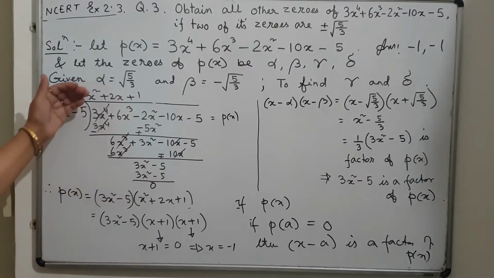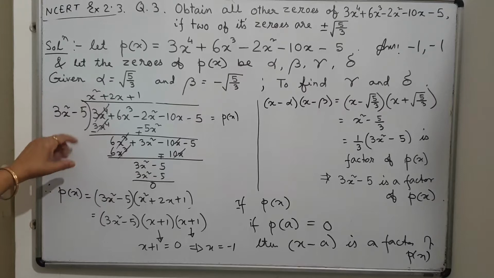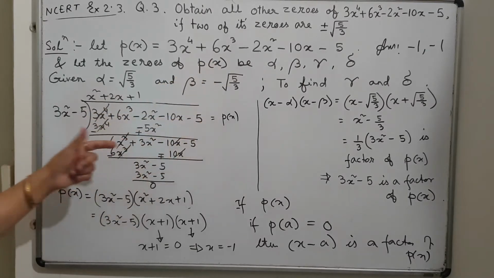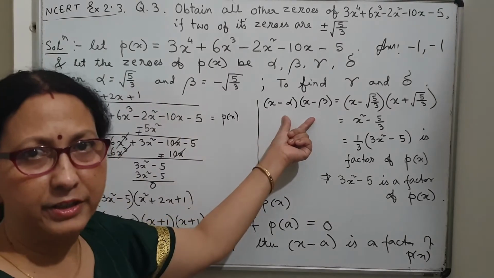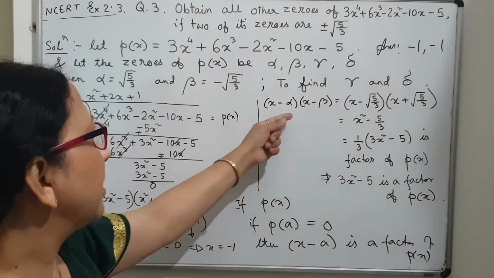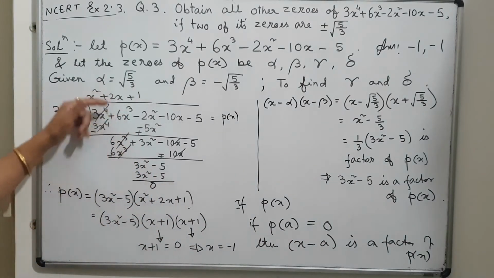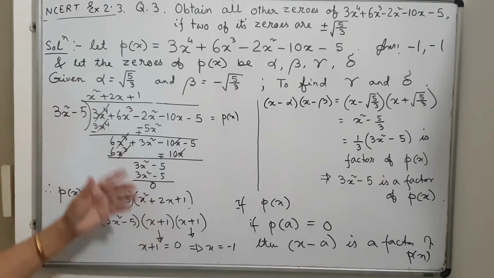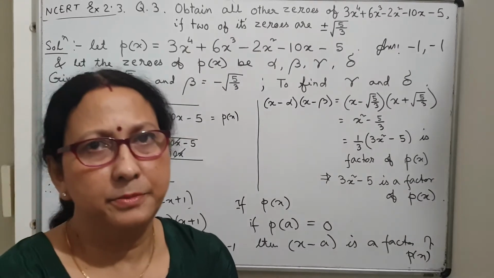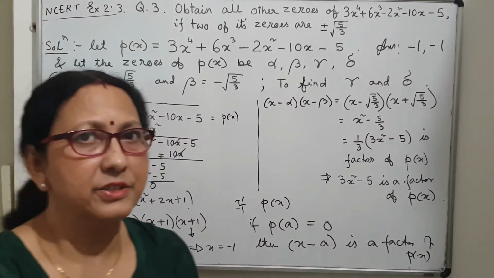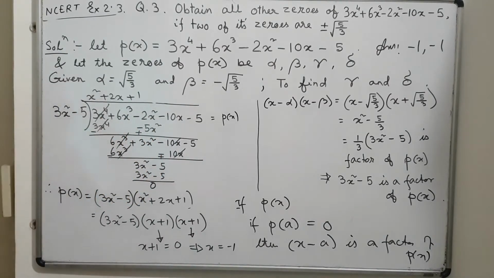So this is one of the methods, where I have to do the division of p(x) by the polynomial which is obtained by the product of the two factors obtained from the corresponding zeros. So in this case, only this division you have to do carefully so that you get the correct quotient. Okay. Now the other method, where I will be using relationships between zeros and coefficients, that I am showing.